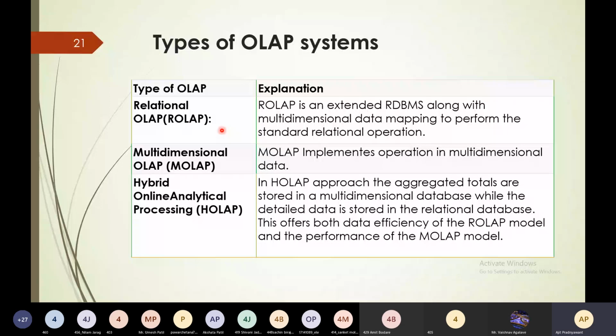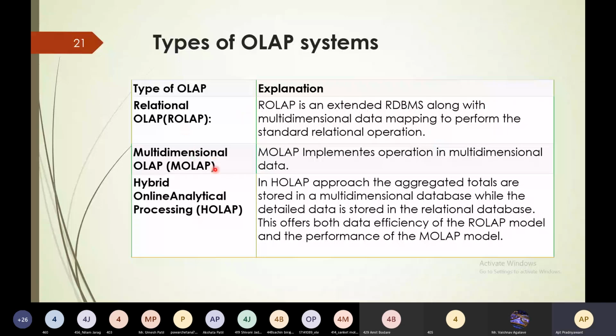ROLAP is an extended RDBMS along with multidimensional data mapping to perform the standard relational operations. It is an extension of the RDBMS, that's why the name ROLAP.